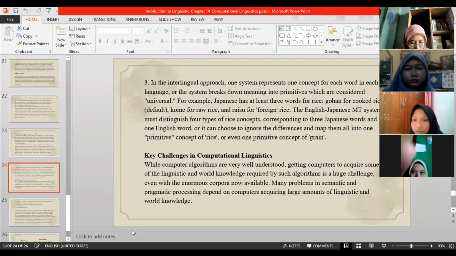Key challenges in computational linguistics, where computer algorithms are very well understood, getting computers to acquire some of the linguistic